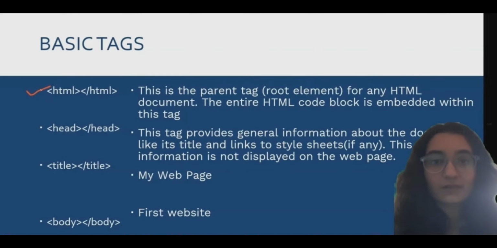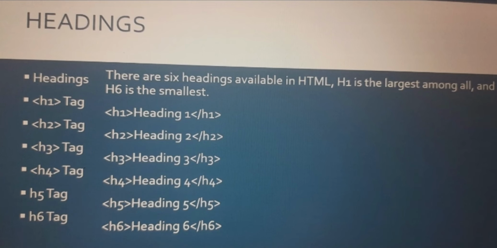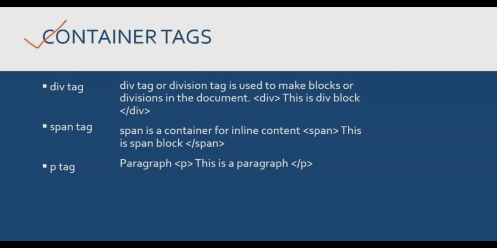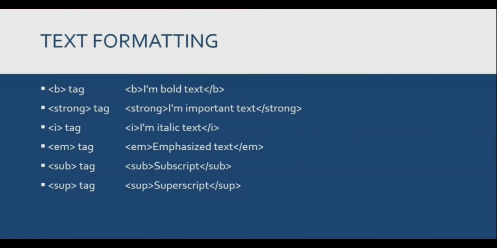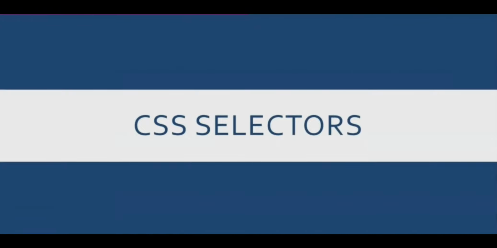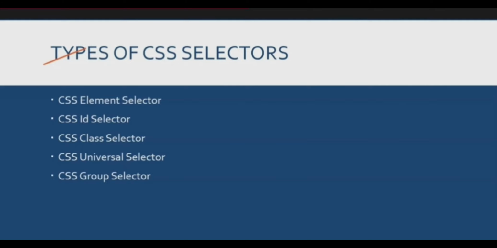So in this video we have discussed what is tags, types of tags like basic tags, headings, container tags, text formatting tags. Then we headed on to CSS selectors, where we saw different types of CSS selectors, where I also explained about ID and class. We also saw the shortcut for commenting the code, which was Ctrl+/. And don't forget, we use full stop for selecting class while styling and hash for selecting ID. Asterisk for universal select. Thank you.